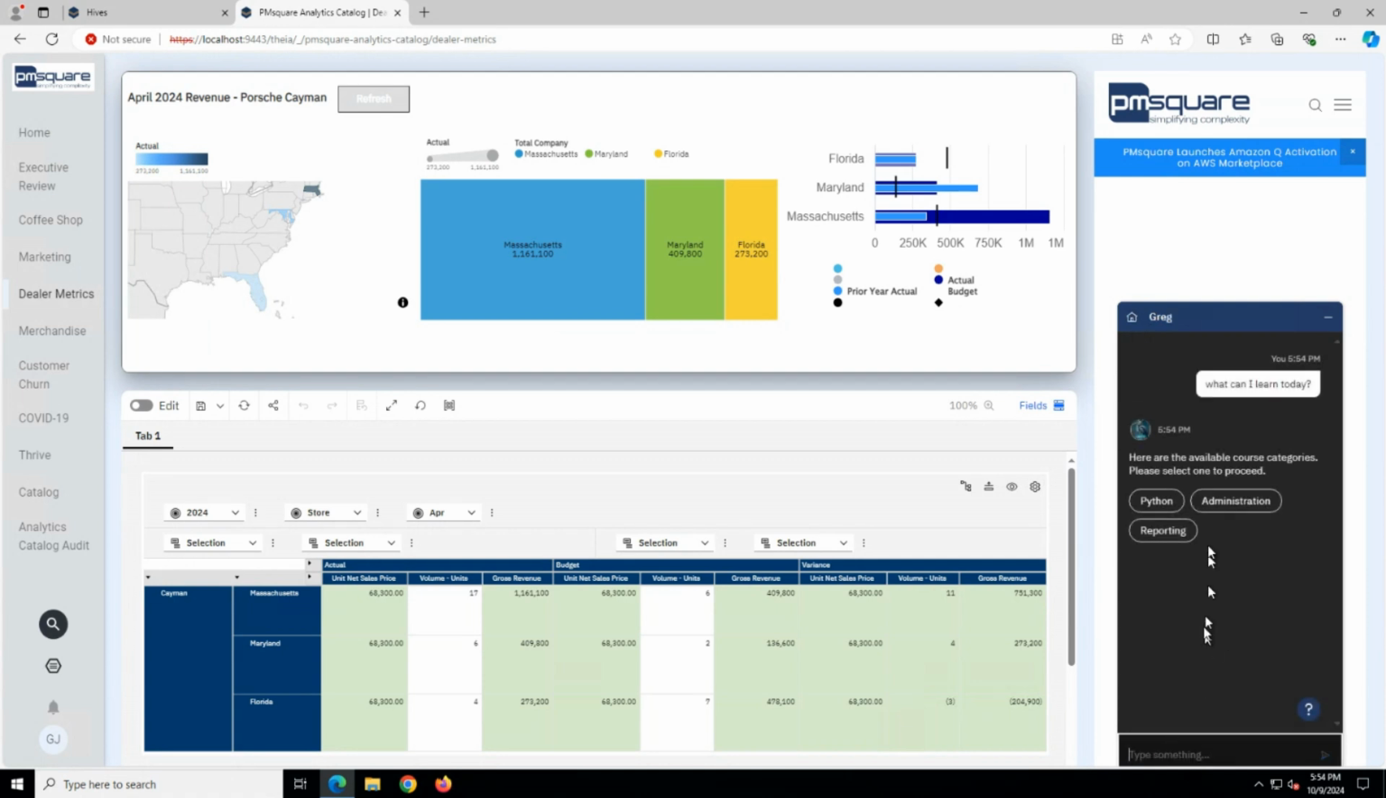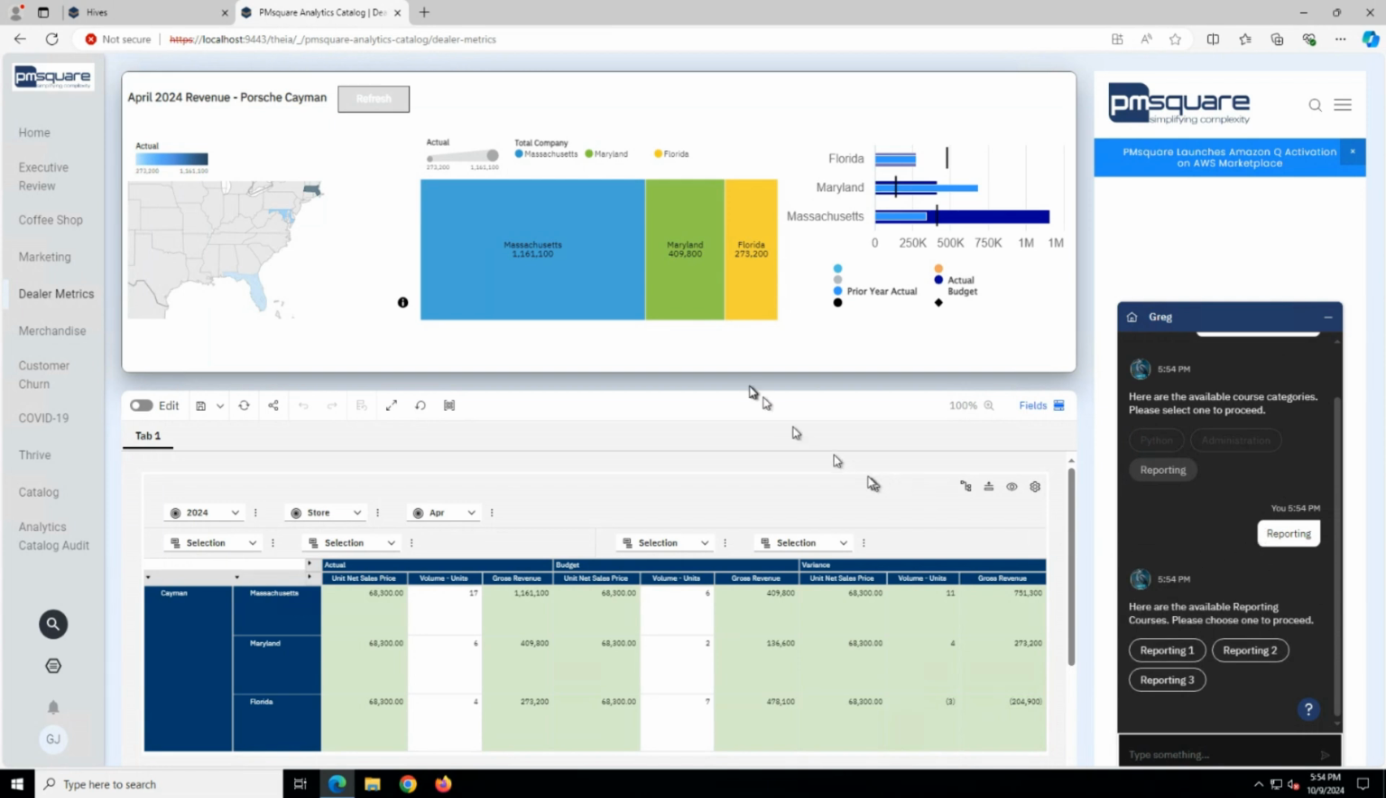And this should give me some suggestions, right? It's like I can sign up for Python, I can sign up for some administration, I can sign up for reporting. So if I'm going to go, let's say I want to learn some reporting, I want to be able to go into the tool itself and start creating my own content, right? So again, it provides me